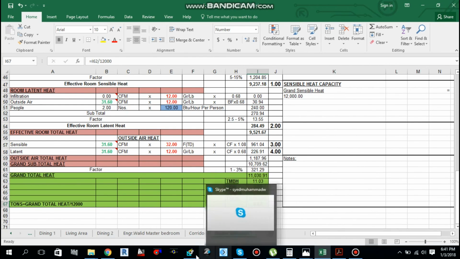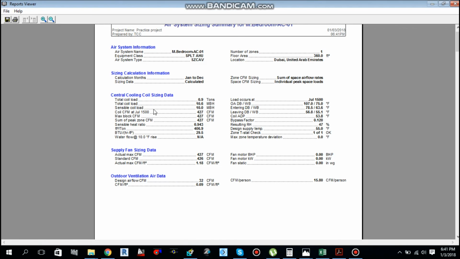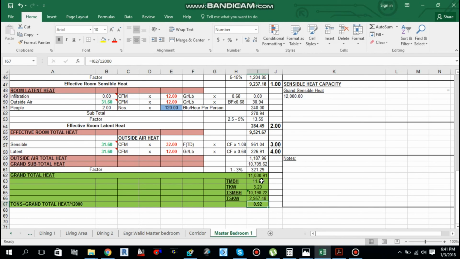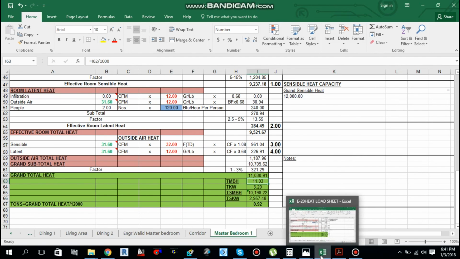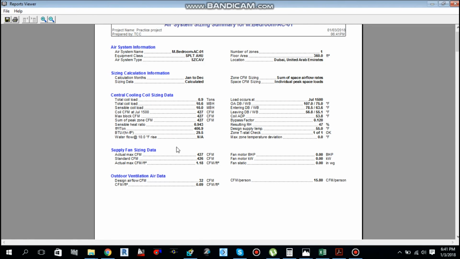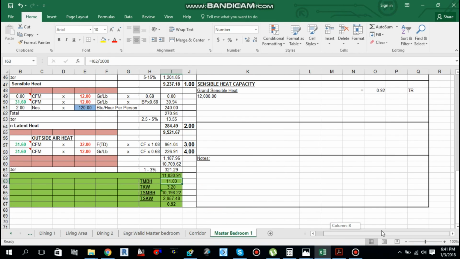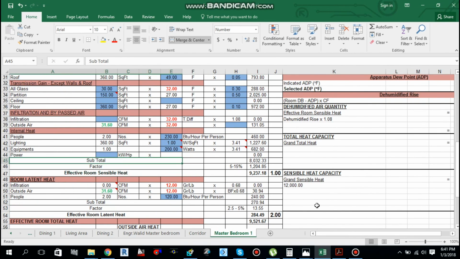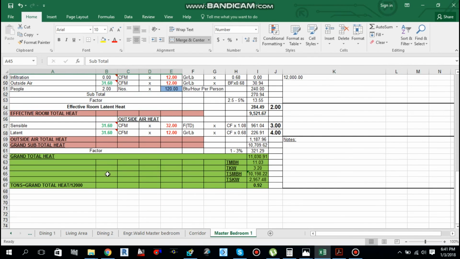If we move back to our app again, the coil load is 10.6 MBH over here, and how much is the coil load over here, it is 11 MBH. Okay, this is also near. And if we move back and see the CFM, that is 427 CFM, and over here we got 478 CFM. So it's not a big difference for our calculation.